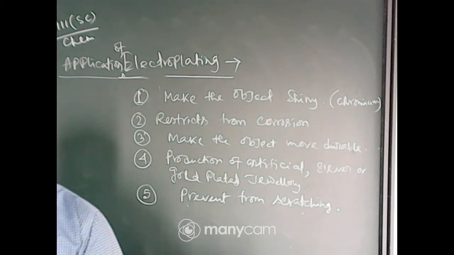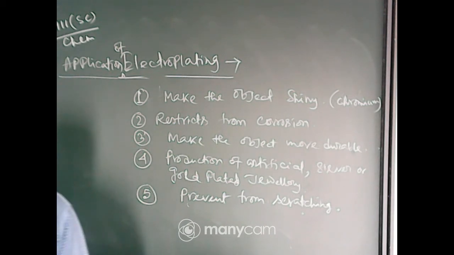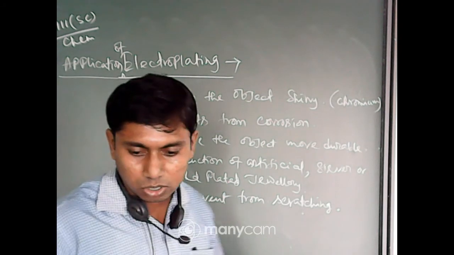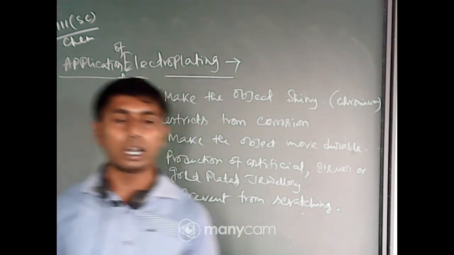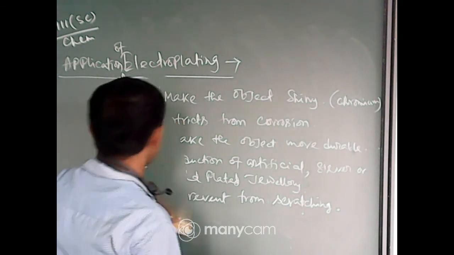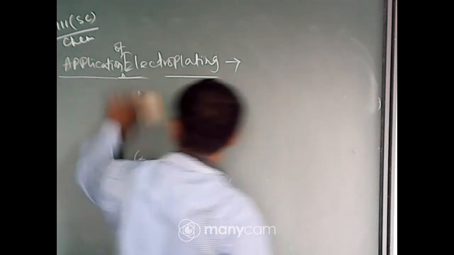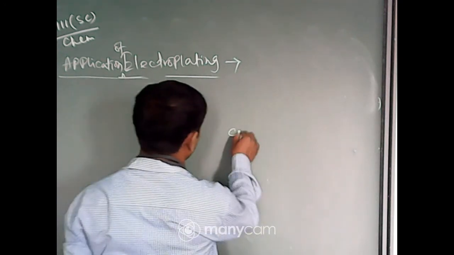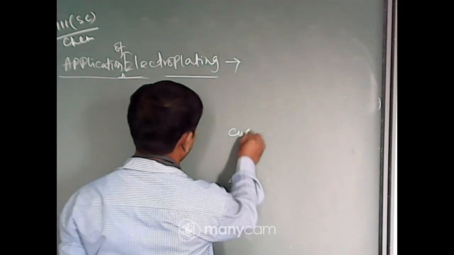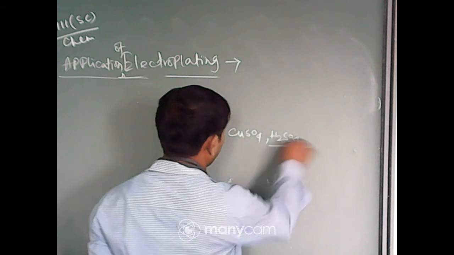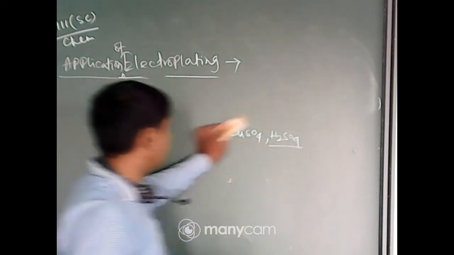Okay, and the last point is that in electroplating factories, the disposal of used conducting solution. Now, what are the conducting solutions? Can you tell me what conducting solutions we have used in the experiment? In case of purification of metal, suppose it is for copper, we have used the copper sulfate solution. Sometimes the conductivity is also increased by using some acids.